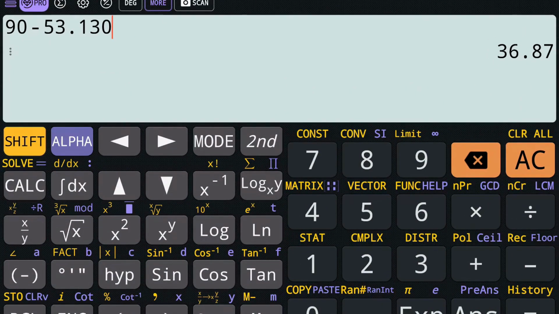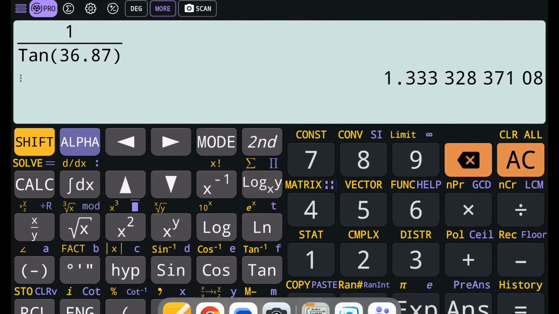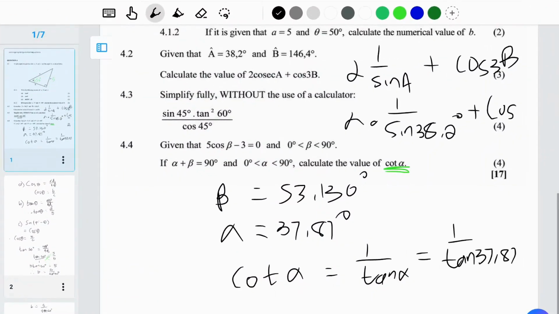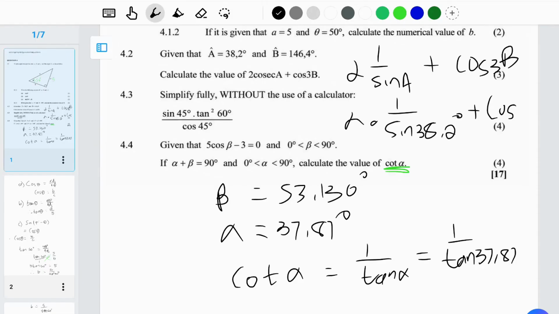We go 1 over tan 36.87, and we have 1.33 to 2 decimal places. Let's fix that: it's 36.87, so therefore cot alpha equals